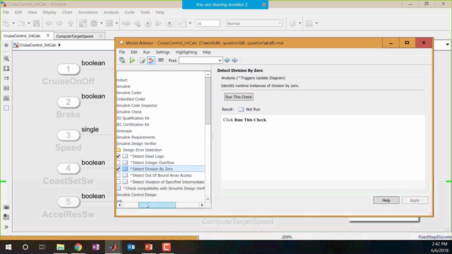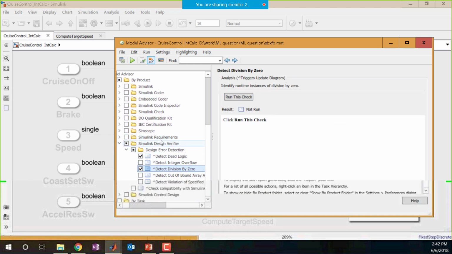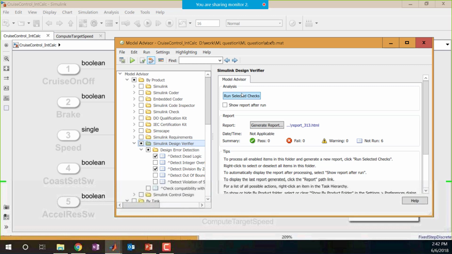We can select these and run selected checks from here and generate a PDF or HTML report. I will not do this step because it will take another couple of minutes, but if you have Simulink design verifier, you can use it in this way as well